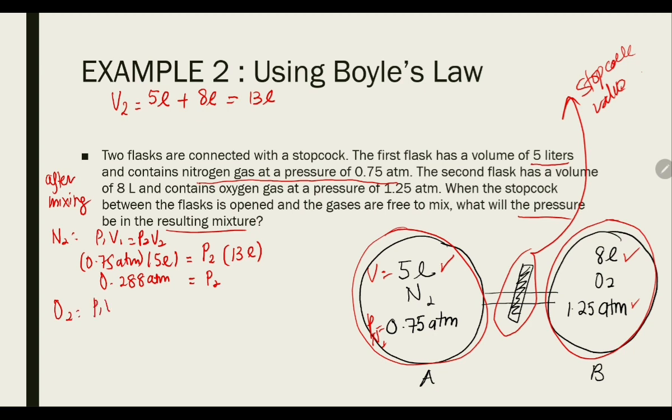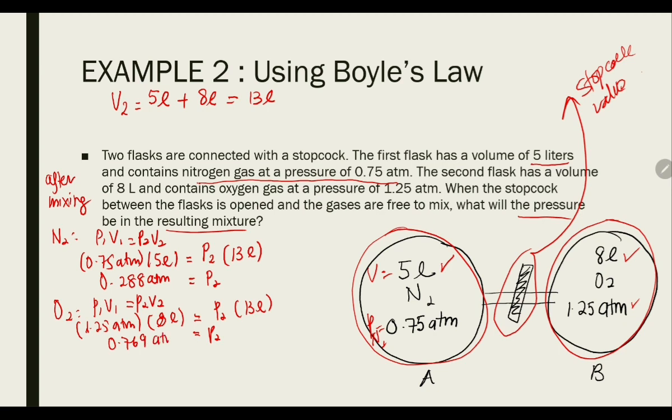Okay, so again P1 V1 equals P2 V2. Pressure 1 for oxygen gas is 1.25 atm. The previous volume is 8 liters. P2 is the new pressure, and the final volume is 13 liters. So try to calculate what is the new pressure for your oxygen. If you press your calculator, you will get your answer to be